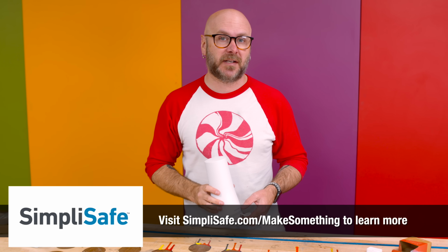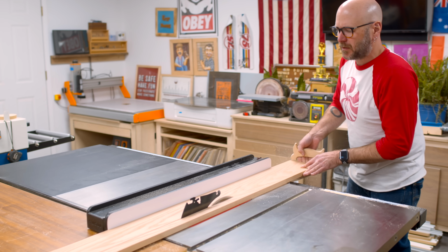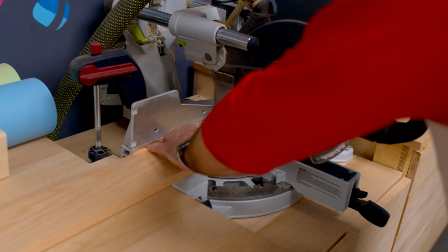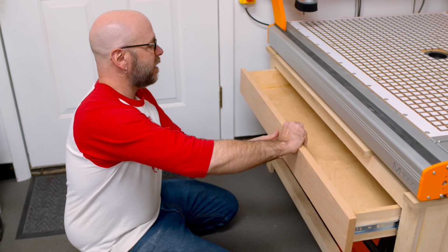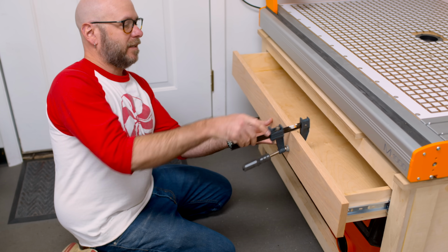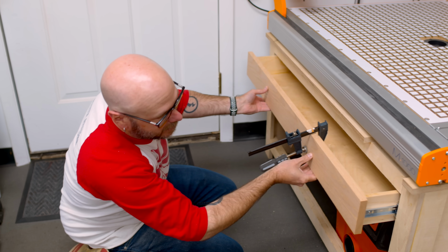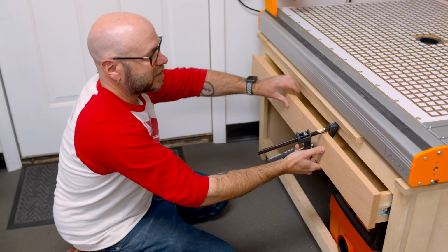Now let's get this drawer face installed. You could take this and then take a clamp on there, clamp that down, and then screw it in from behind. It's really hard to get everything lined up to where you want it, and you're eyeballing it. So instead,